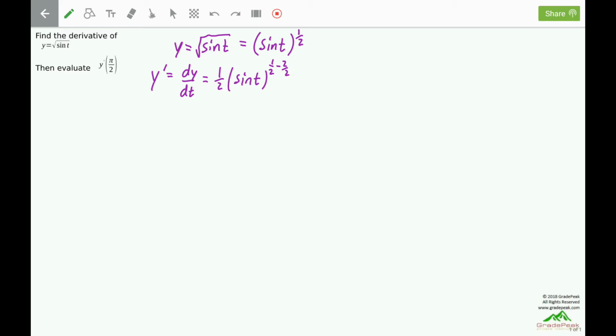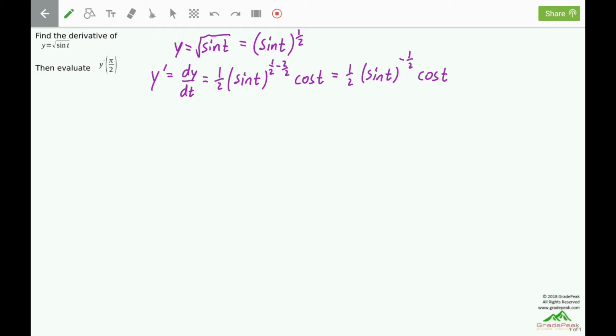But because what's raised to the power isn't just a t, but an entire expression, sine of t, we have to take the derivative of the inside to complete the chain rule. Derivative of sine of t is cosine of t. So we have a 1/2, we have a sine of t to the 1 minus 2, which is negative 1/2, and we have a cosine